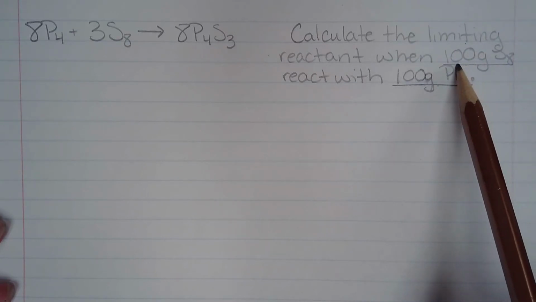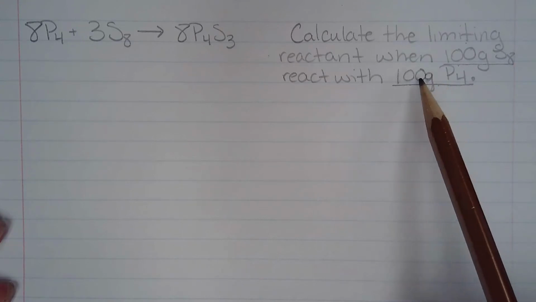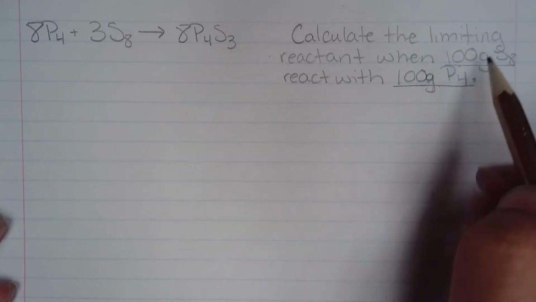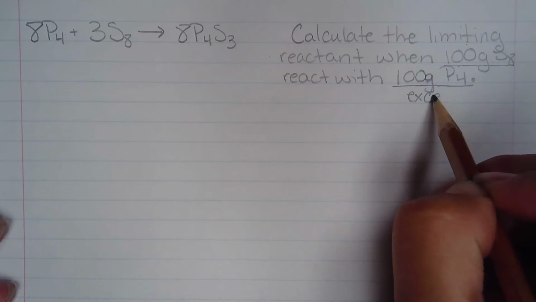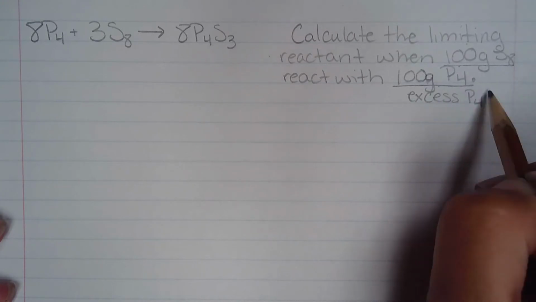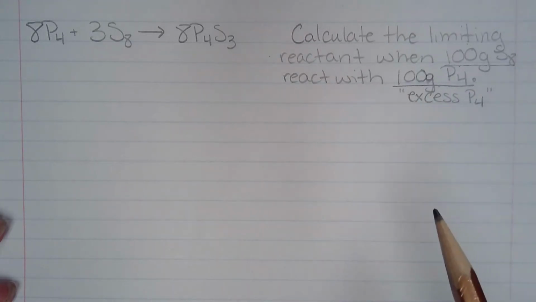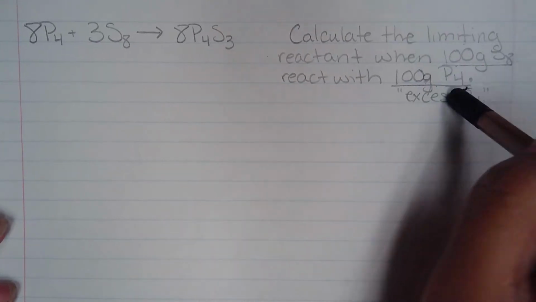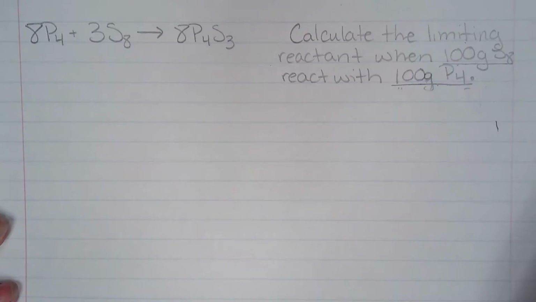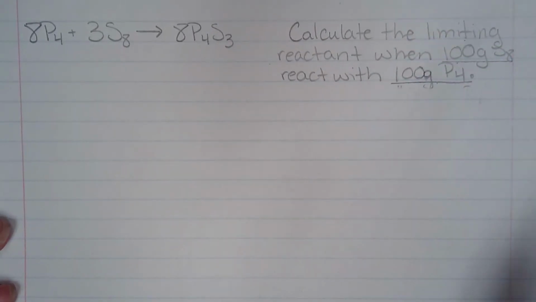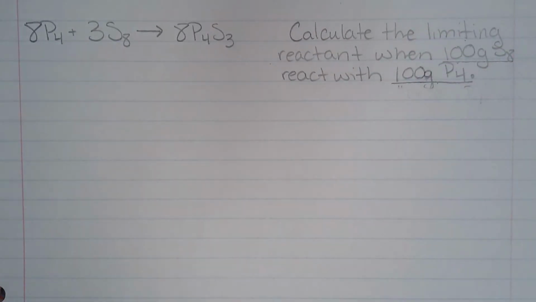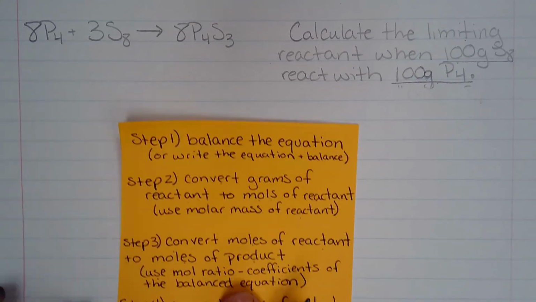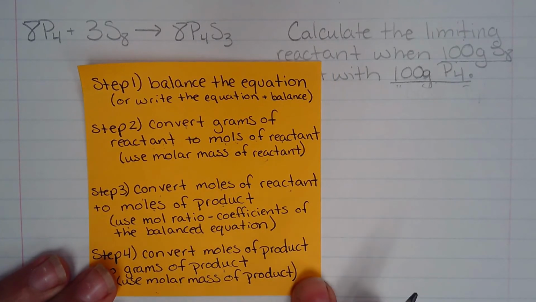If you have a number for one reactant and the other reactant is in excess, so if this wasn't 100 grams, but if it said excess P4, then this problem becomes a lot easier. But unfortunately, we have two values, so we have to deal with both of those values, and I'm going to show you exactly how. Whenever you're doing this type of problem, you need to have your stoichiometry steps with you. What I mean is these 4 steps that we wrote down on the board, you've got to have these with you